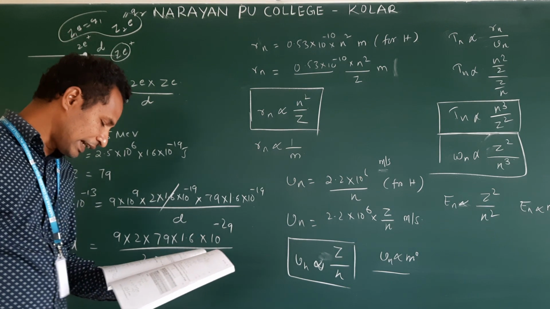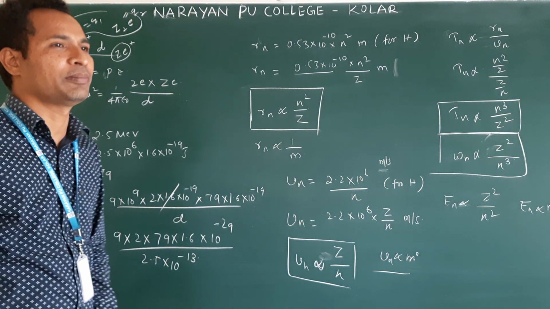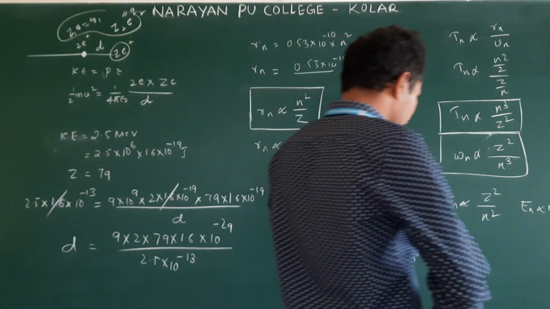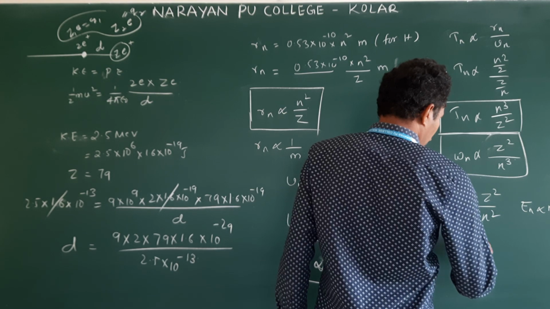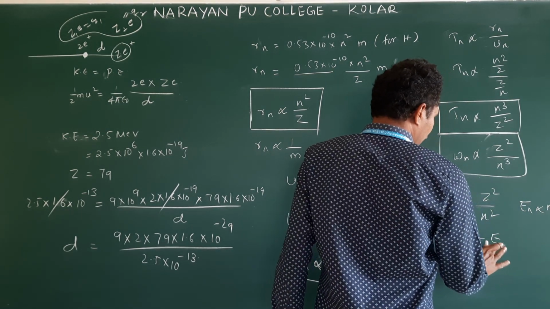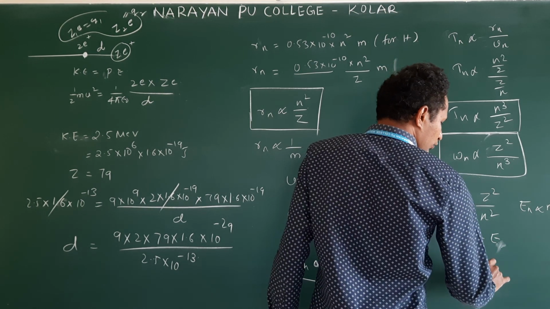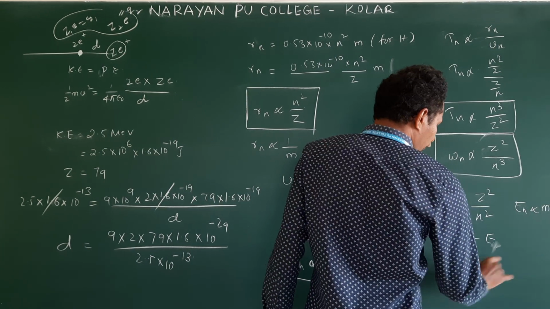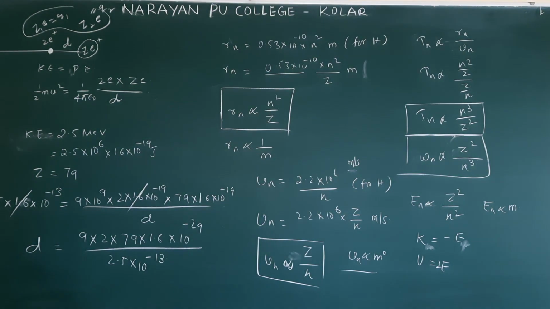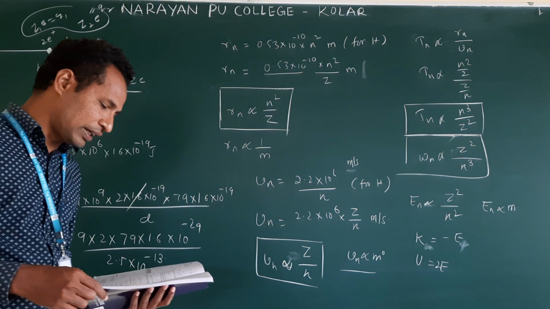We have already seen the kinetic energy relation and potential energy relation. For total energy, the kinetic energy magnitude is the same, but the total energy is negative. So K is equal to minus of Un, and K is equal to minus E. Potential energy is equal to 2 times the total energy. So remember these relations. Using this, we can solve competitive exams.